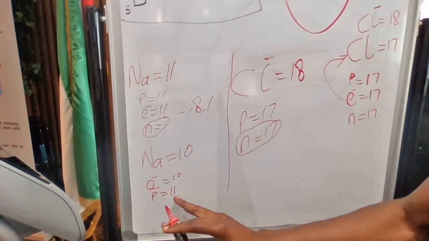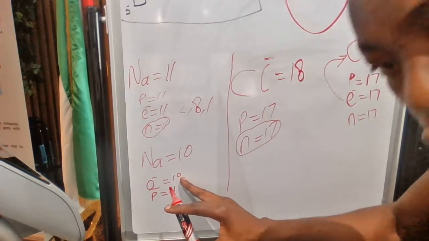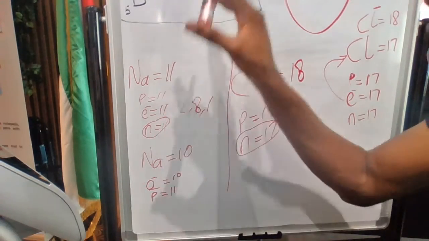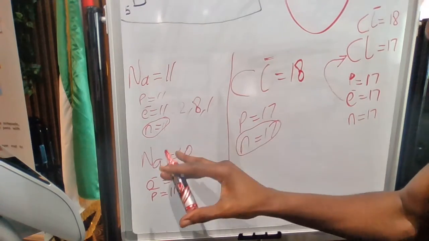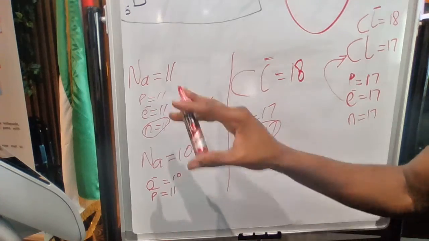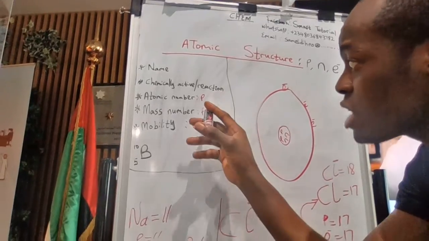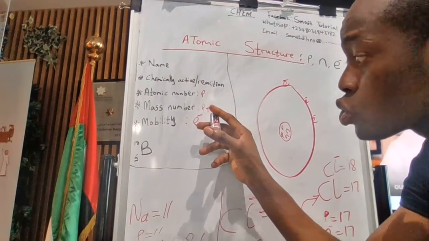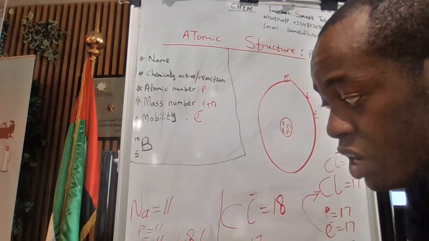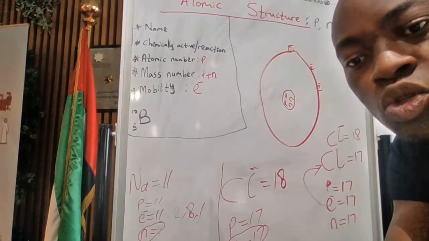Here, for the electron moving out, it remains 10. The proton will still remain as 11. The neutron will still remain as 12, since the mass number for sodium is 23. Since mass number is proton plus neutron, that is 11 plus 12. The neutron for sodium will be 12. 11 plus 12, that will be 23. But that is not what I'm trying to